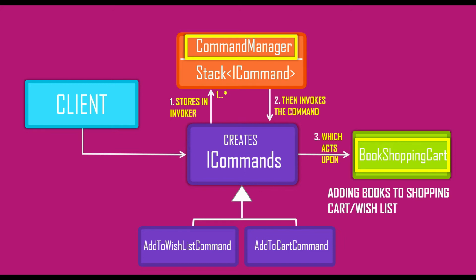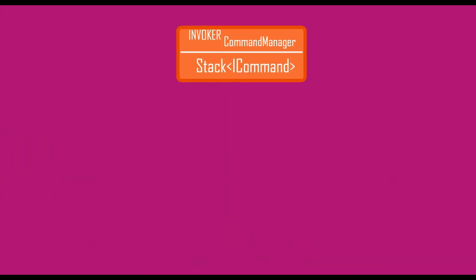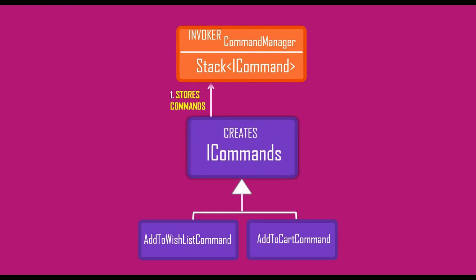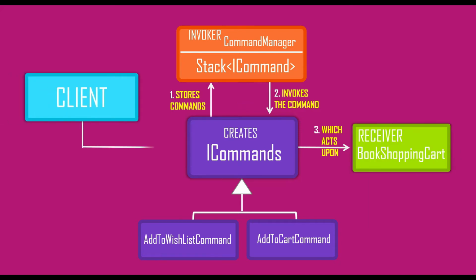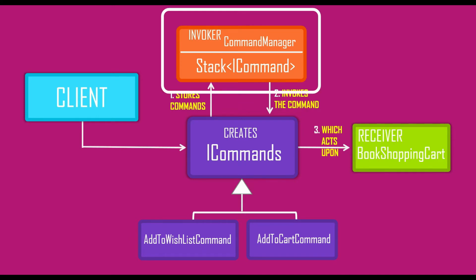This is basically how the command pattern works. Let's do a short recap. So we have an invoker which stores 0 to many commands, and the invoker invokes the commands which then call the required operations in the receiver. And who initiates these calls? The client. Remember that invoker stores the commands so that it can use those commands later for undo, redo or some other purpose. We will see that in code in just a bit.